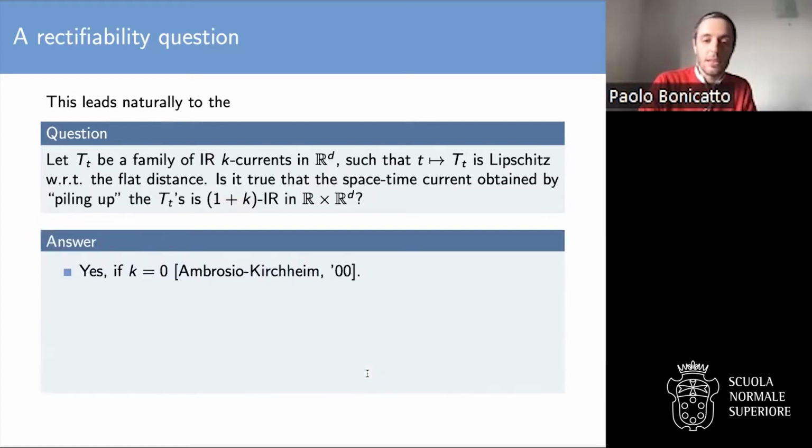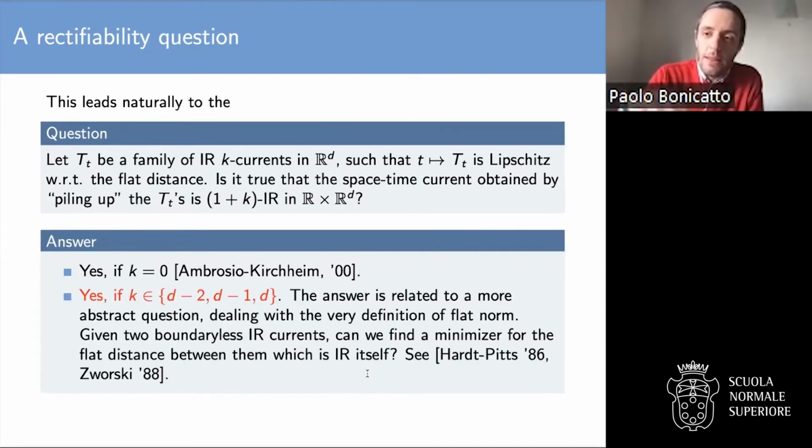And once again, the case where k is equal to 0 is well known. It can be found, quite surprisingly, I would say, at least at the beginning, that was our feeling, in this very influential paper by Ambrosio and Kirchheim of 2000 about metric currents. And let me say that there is also something done by Gerard in these regards. But actually, the same conclusion, so we can pile these loops, we can find these currents in such a way that the pipe is rectifiable, also in the codimension 1 and codimension 2 cases, and this is indeed what we managed to show.